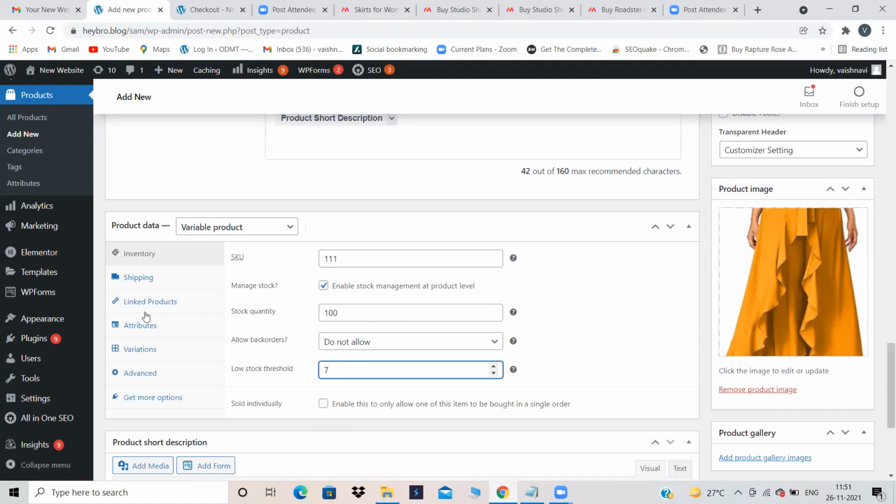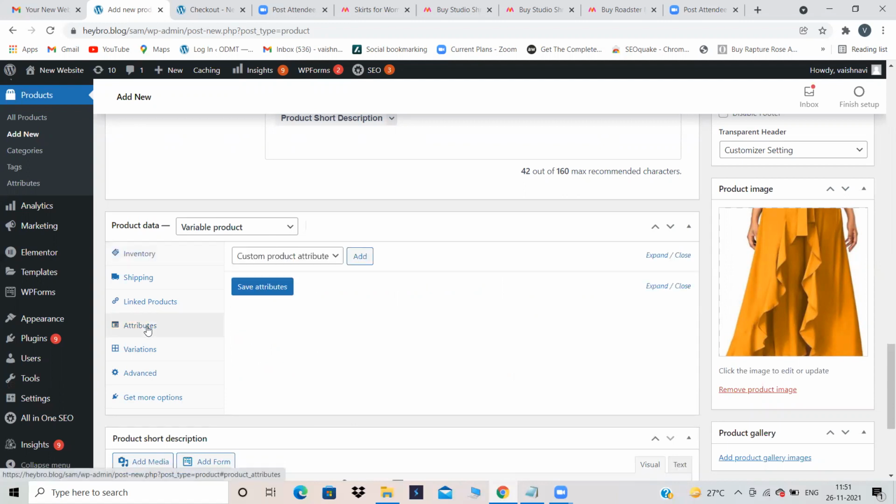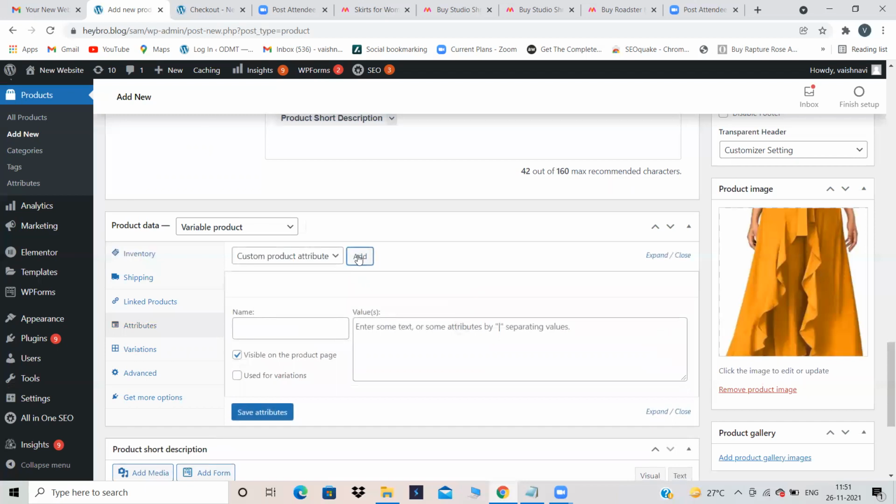Now directly go into the attributes option. Go into attributes. Here you need to add attributes. Attributes in the sense, the size, the colors, these are known as attributes. So click on add symbol. Now I will give some sizes and I'll give some colors. So for first, let's give some size. Size, that is my attribute name. And what sizes I have with me. So I'll be giving as